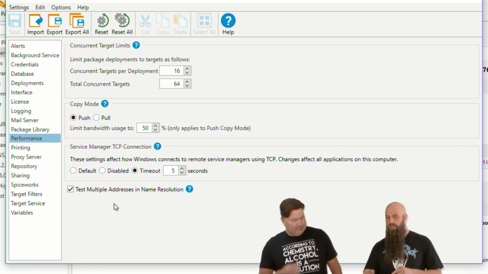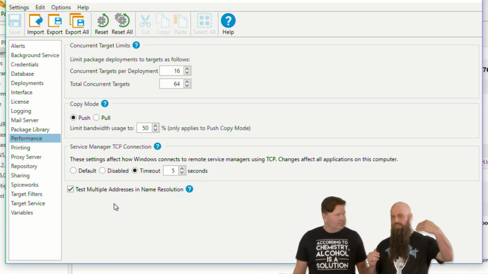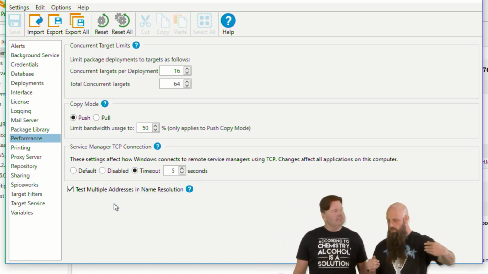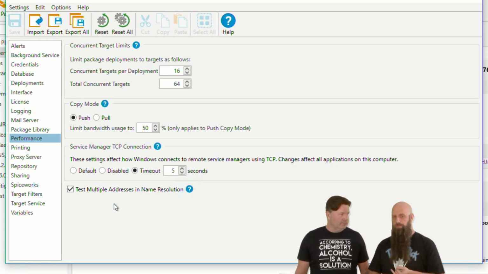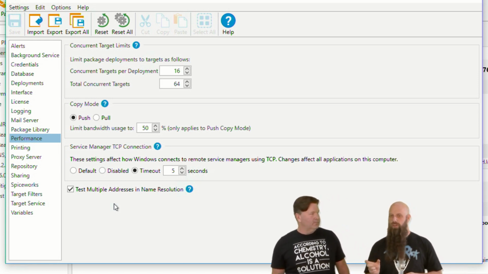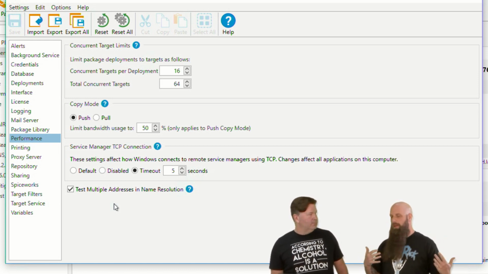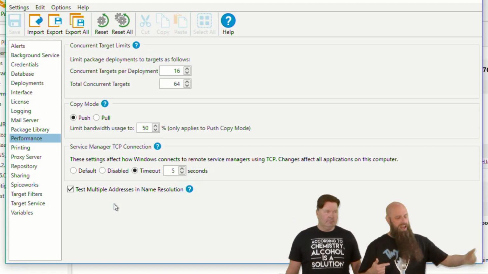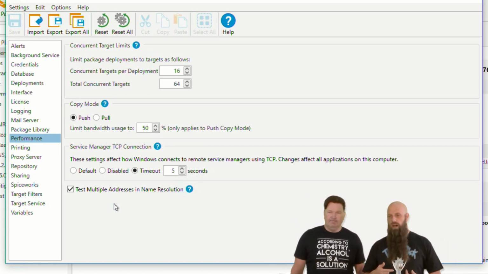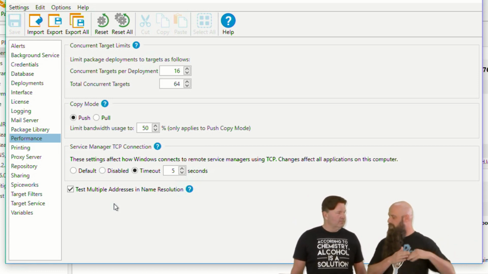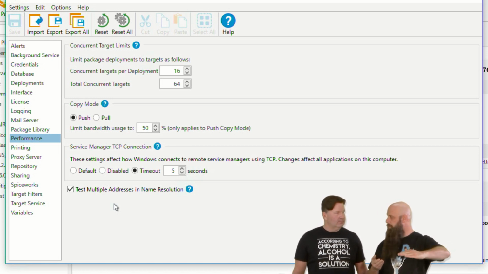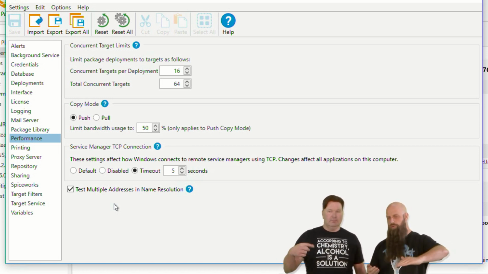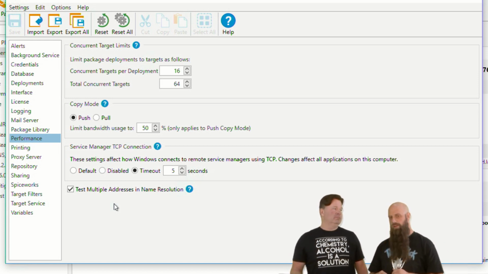What you do when you check this box: when we go out to see if a computer's online, we literally say, hey, do you respond to this ping? And we ping the first returned record, the IP address returned from DNS. But if there's a laptop that's got 3 records because DNS hasn't been able to keep up, and one of those is an old address, by checking this, if a computer returns as a no response but it has multiple addresses, we'll just traverse through all those A records,